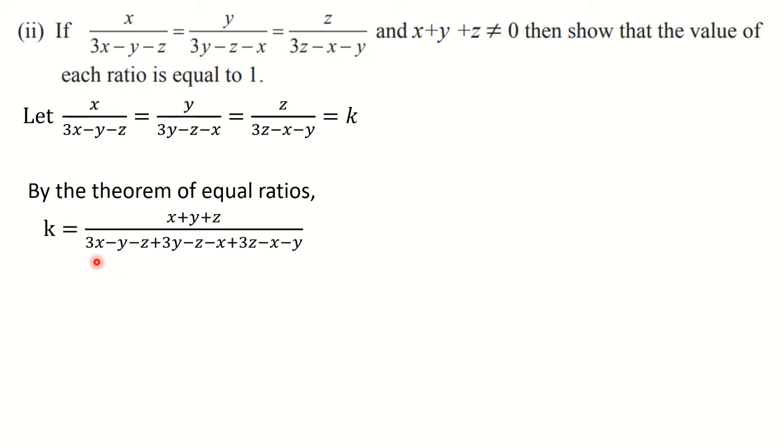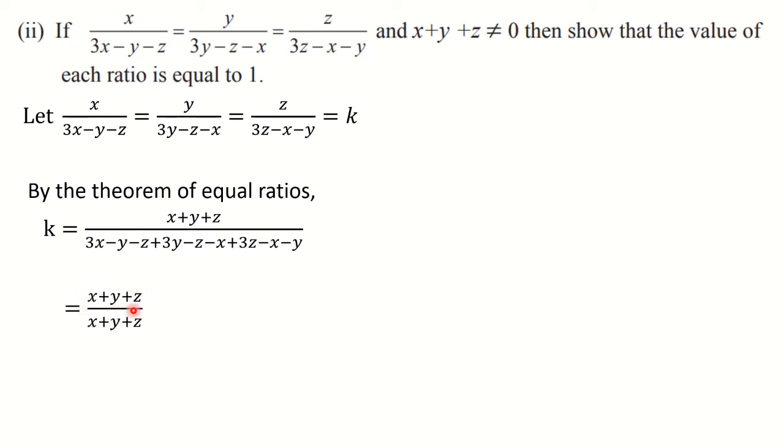Now here in the denominator you will find that the like terms are there, their signs are different, so you need to go for addition and subtraction. Like see here, these 3x minus x and minus x, that means 3x minus 2x, you are going to get x. Similarly plus 3y and minus y has appeared twice, so 3y minus 2y, y. Similarly plus 3z minus 2z, you are going to get z. So what is left out in denominator is x plus y plus z.